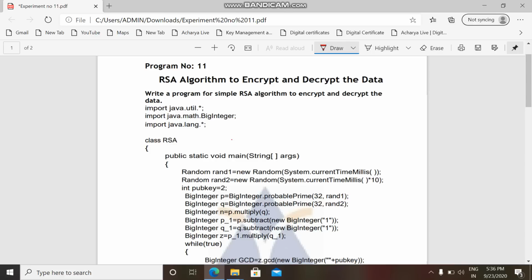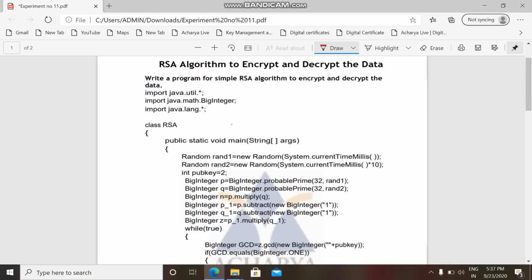This BigInteger mainly involves calculation of very big integers which are outside the limit of all the available primitive data types. So we make use of this BigInteger. It is not a basic data type. We are not making use of any basic data type in the Java code. We are making use of a special class called BigInteger, which is defined in this package.